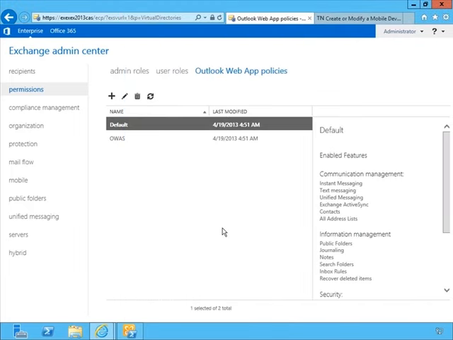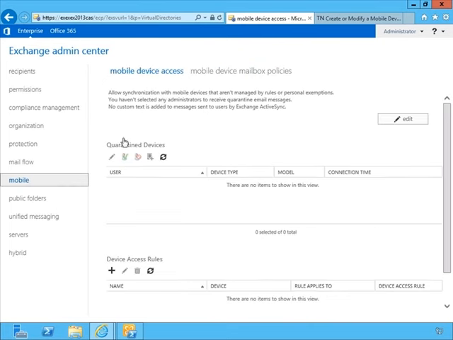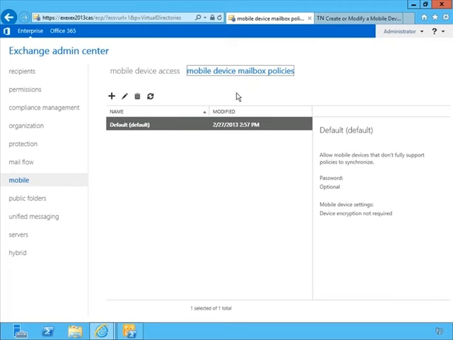So that's Outlook Web App. On the recipient side, you can apply only one OWA policy per person, so you can configure different policies for different types of users. Jumping over to the mobile settings, you can see here mobile device access and mobile device mailbox policies. So let's talk for a moment about mobile device mailbox policies, because this is what we previously knew as ActiveSync policies. So you can see here that it still relates to ActiveSync, and we have the ability to make changes